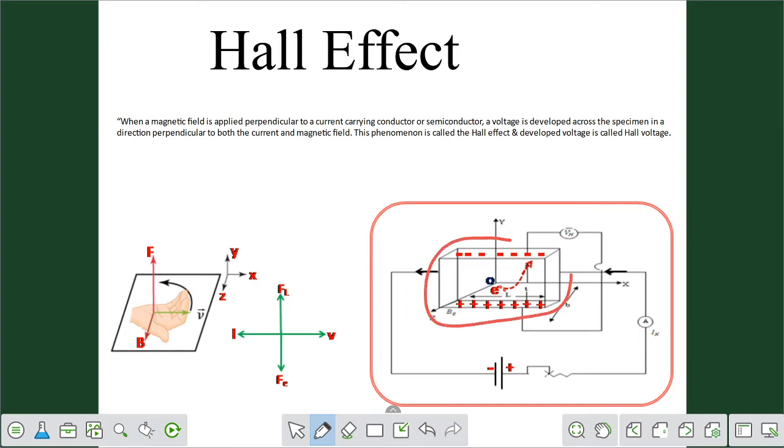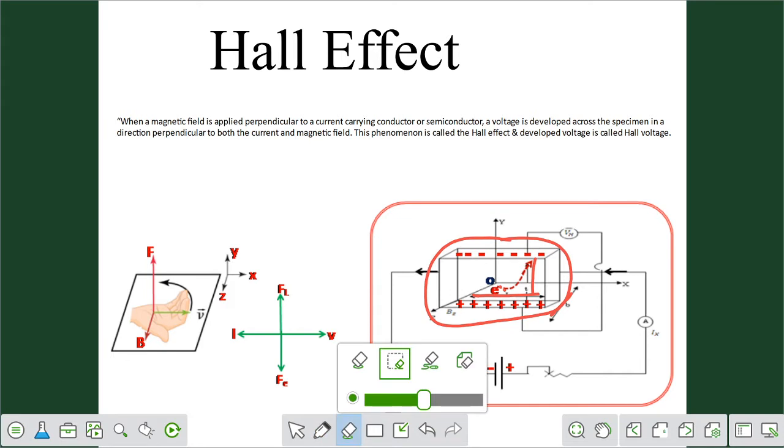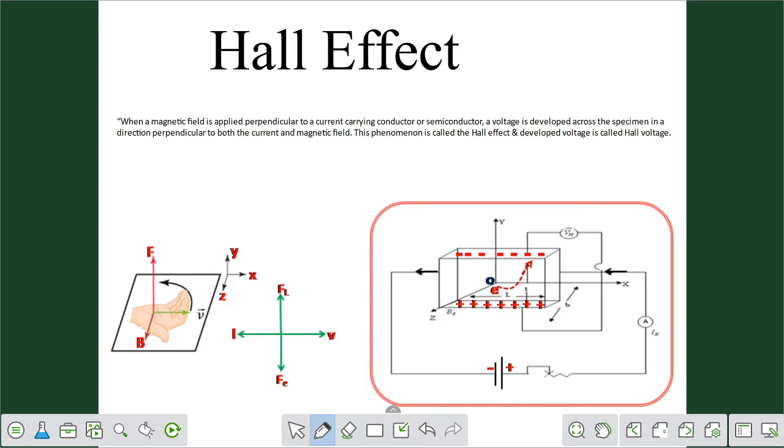semiconductor specimen. Okay, that is the semiconductor specimen, and that specimen has the dimensions of length L, width B, and thickness T. So that is the dimension of this semiconductor specimen. Okay, that specimen is connected to the external power supply like that. The positive electrode is connected to this surface and the negative electrode to this surface of the semiconductor specimen. So the current direction will be along like that, in the negative x-axis direction.